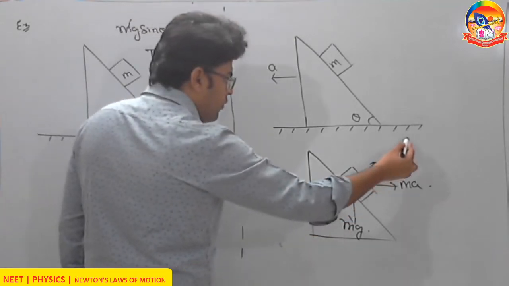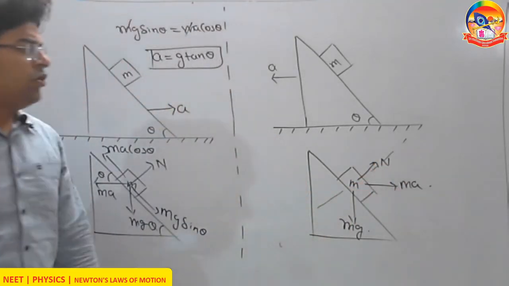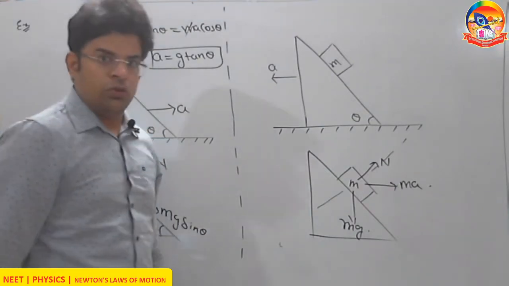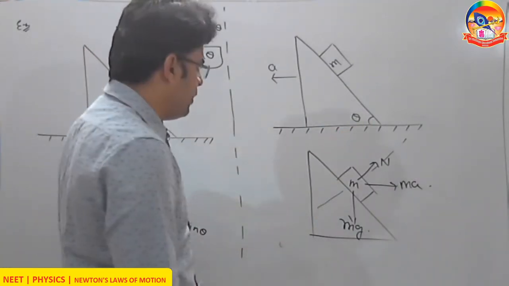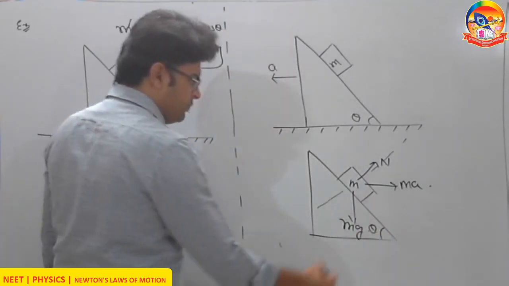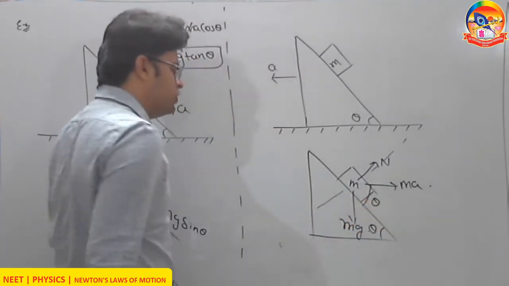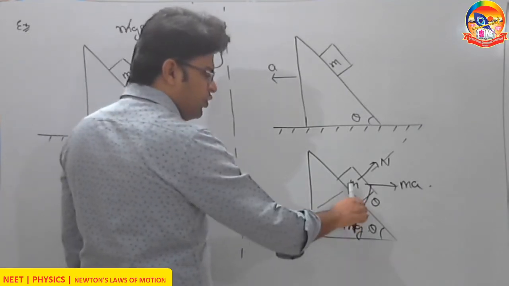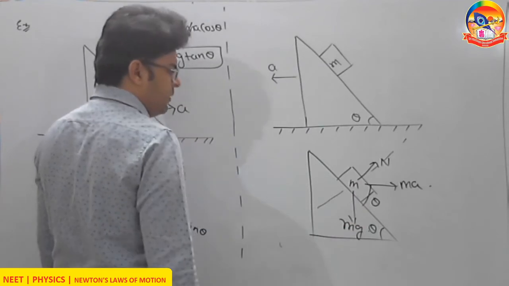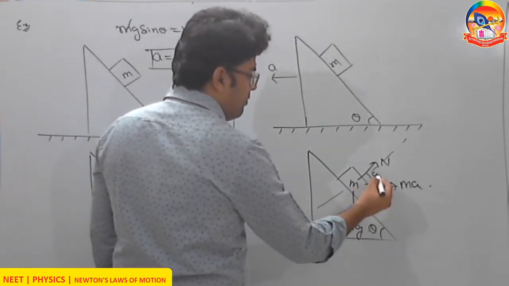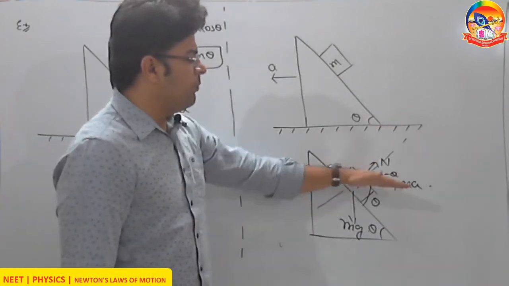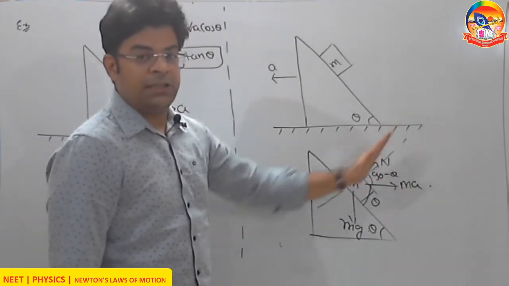Now break down all forces in the direction of normal. No contact condition means that normal equals 0. So how to find it? Let's say this angle is theta, so this angle will also be theta. The component of force of gravity in the direction of normal is mg cos theta. If this is theta, this angle will be 90 minus theta. The component of pseudo force in the direction of normal will be ma cos(90 minus theta), that is ma sin theta.